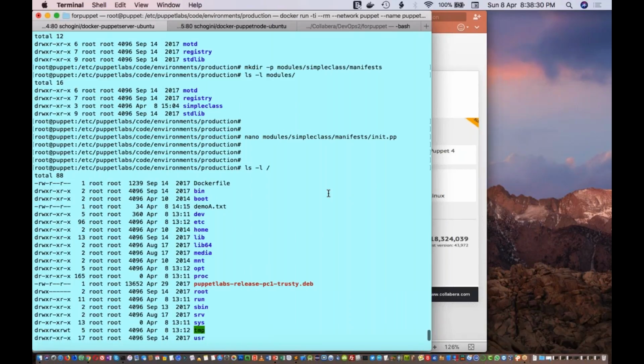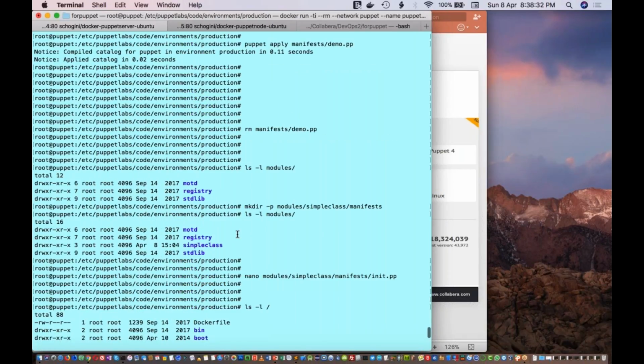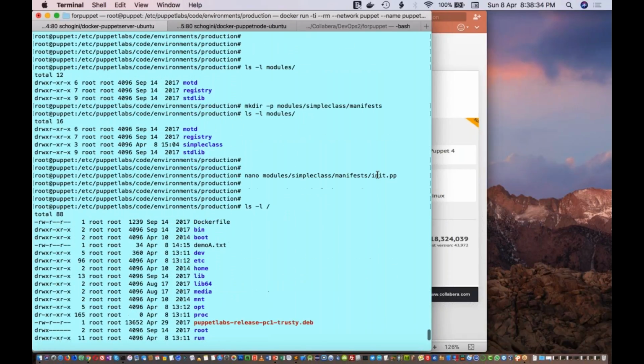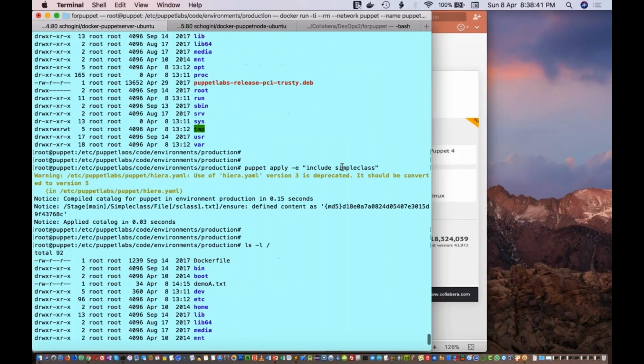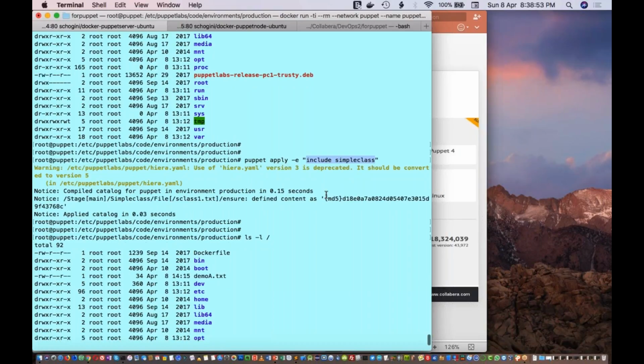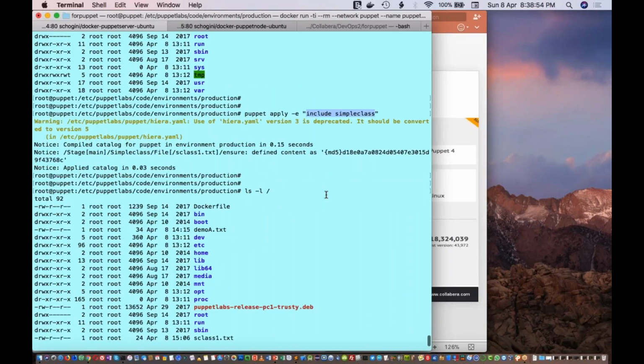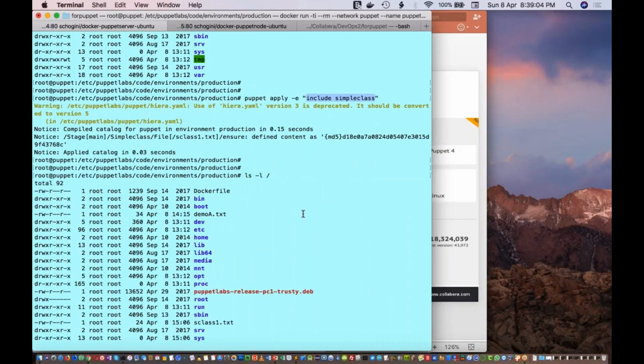inside my init.pp of the simple class folder. That is where I created the simple class, the class definition is there. So that class we are declaring here. So it will execute the file resource that we added inside that particular class. Since we are using normal declaration, we won't be able to pass parameters, so it will automatically use the default value that we have specified within the class.